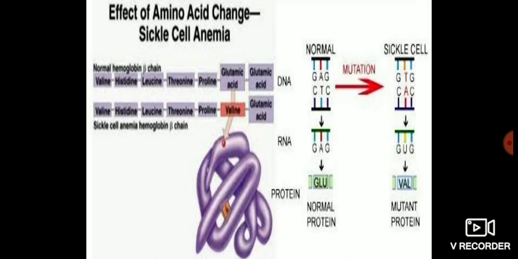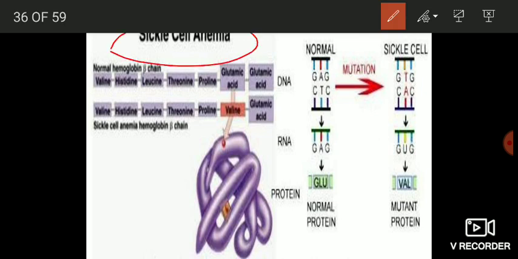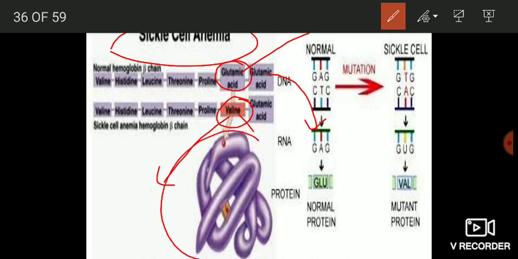Okay, today we are going to discuss pleiotropy furthermore with the help of an example, and the example is sickle cell disease or sickle cell anemia. Actually what happens is we have RBCs, and in those RBCs we have the protein which is known as hemoglobin. Okay, हीमोग्लोबिन की एक चेन होती है जिसको हम बोलते हैं बीटा चेन. ओके, and in that beta chain here we have glutamic acid. In normal protein we have glutamic acid, but in some individuals it has been found that this glutamic acid is being replaced by abnormal amino acid valine. Okay, and because of the replacement of glutamic acid by valine, the protein that forms is not normal. Okay, it is an abnormal protein which is known as sickle cell anemia hemoglobin beta chain. Okay, so simply when glutamic acid gets replaced by valine, the protein which forms is abnormal protein. Okay, and this abnormal protein does not function normally, which leads to sickling, which leads to the formation of